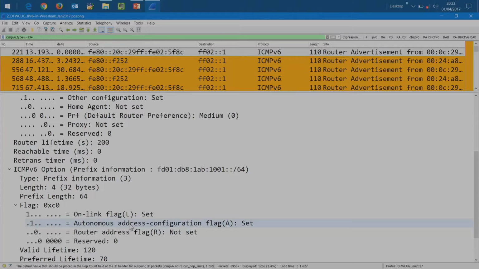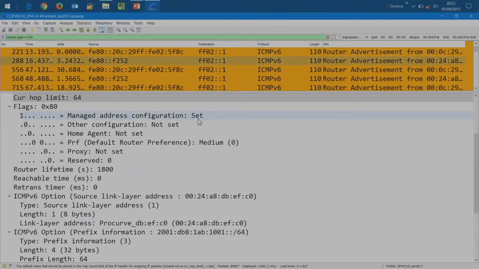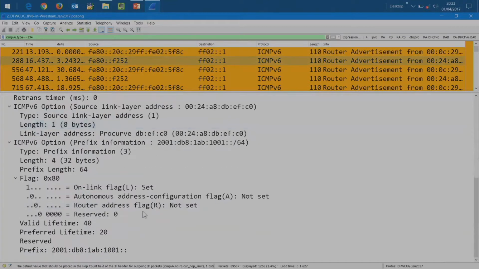We look at the prefix, we kind of already said this a while ago, but let's go look at the router advertisement for the other router, the 252. And we see here, the M flag is set, the O flag is not, and the A flag is not. So the M flag is set, the L always is set. So this says do DHCPv6 only. So this further clarifies that this is probably my production router, and the other one is the bad guy router.